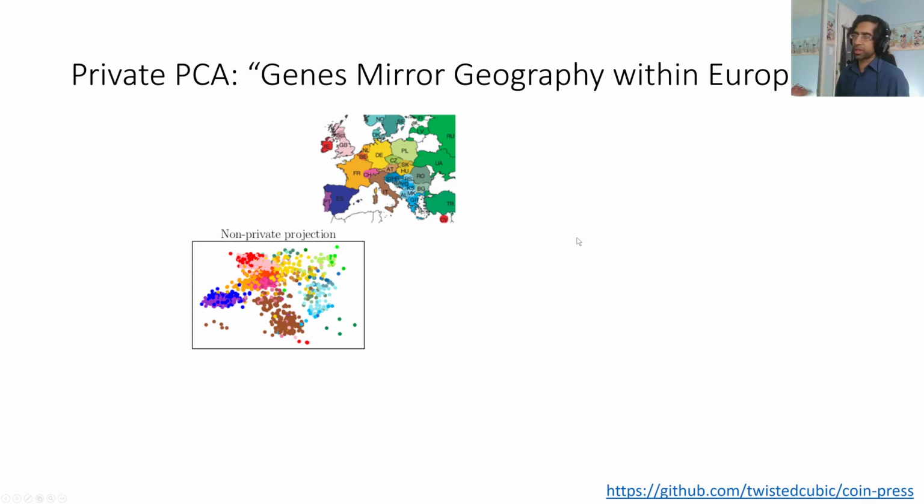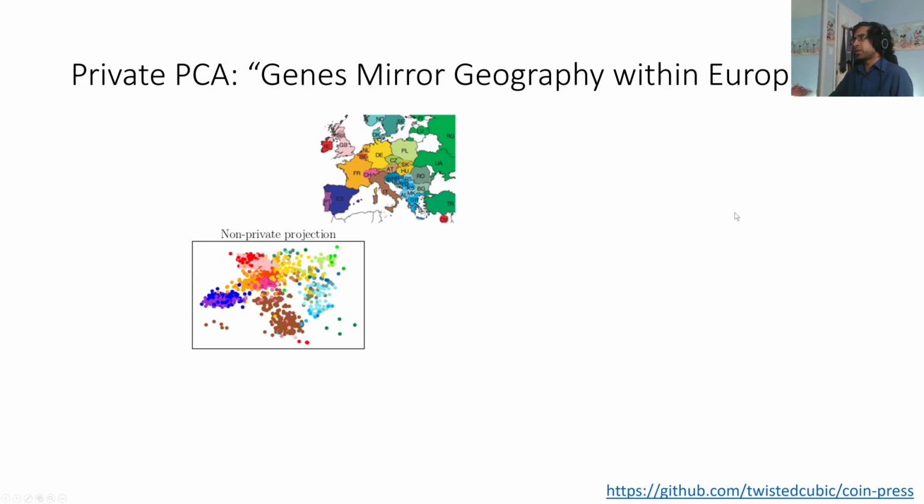To interpret that a little less technically, the researchers found that the two directions which seem to explain most of the genetic variation correspond to the real-world directions latitude and longitude. This resulted in the catchphrase they came up with, that genes mirror geography within Europe. This was considered really cool, but I'll comment that they used a genome-wide association study, which is a genetic dataset. Genetic information is generally considered rather sensitive from a privacy standpoint, so perhaps you would want to do the same analysis privately in order to maintain the privacy of the individuals who participate in it.